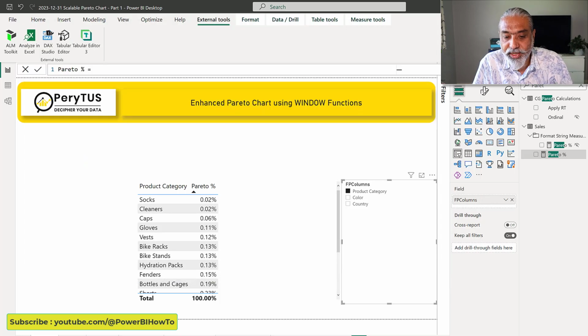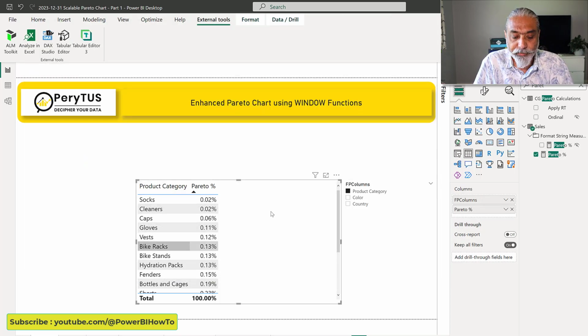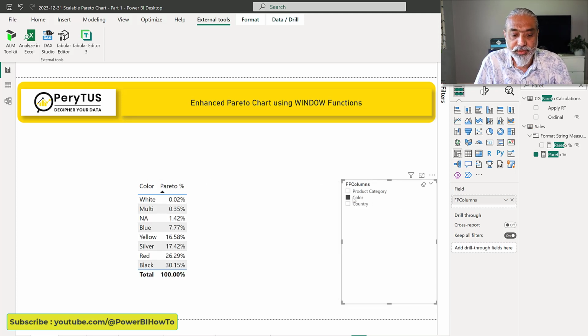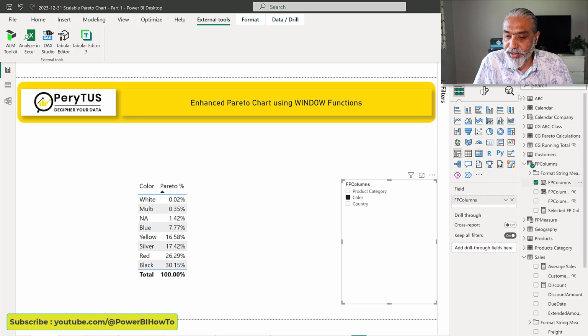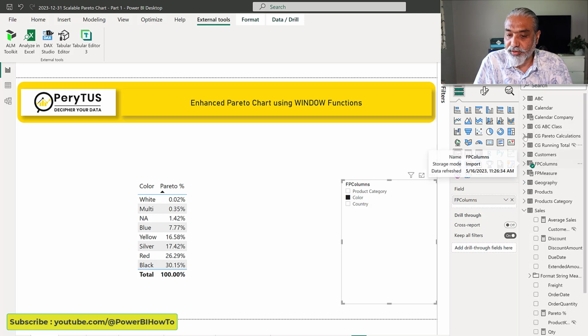So let's go back to Power BI. What we're doing here is, on the columns, we are using the FP columns, because field parameter columns. Why are we using that? Because our x-axis is changing based on whatever we selected, and now we want our measure to be changed as well. So I will bring my calculation group,